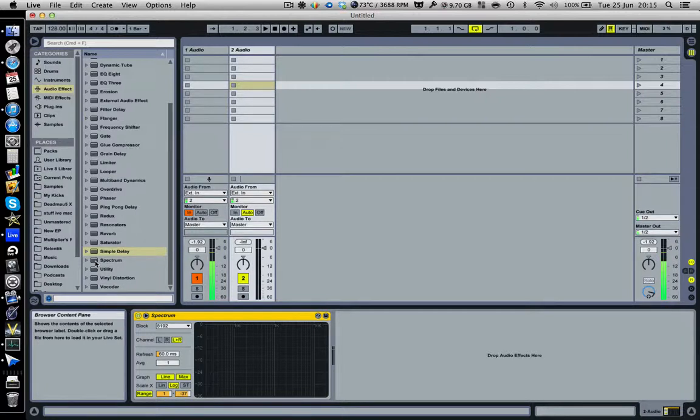Yeah, delay is a good way of adding width, by the way, if a sound's sounding a bit boring and unprocessed. Spectrum, already got one out. It's basically a way of analysing the frequencies. So if you want to see exactly what's going on with the frequencies, what the spread of frequencies is, especially important for looking at the sub bass,